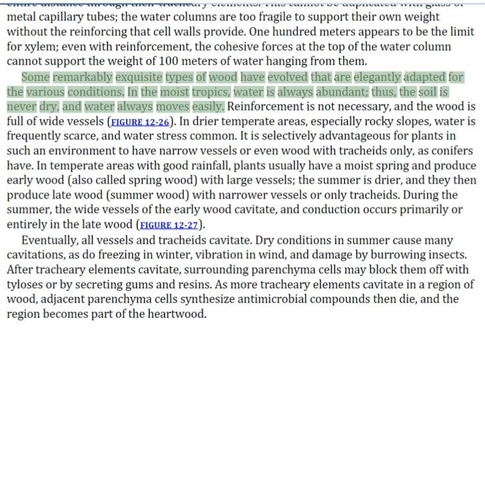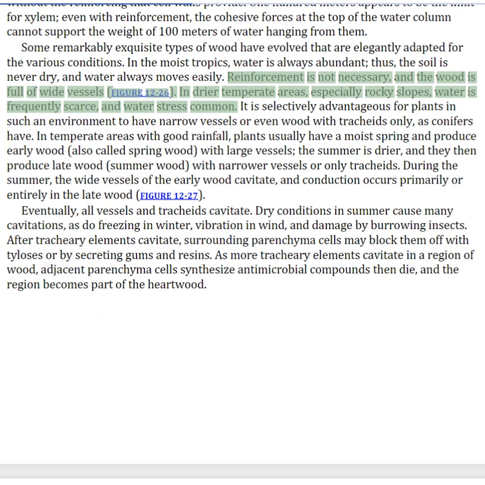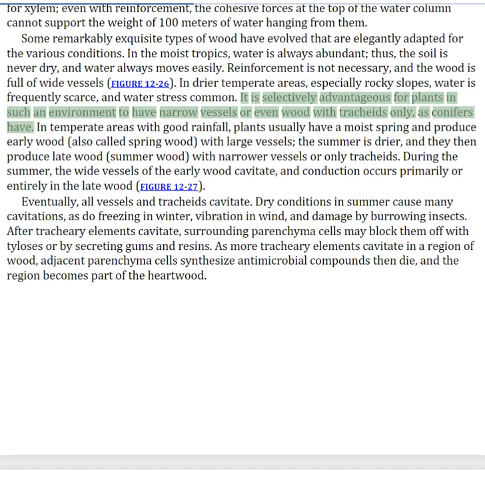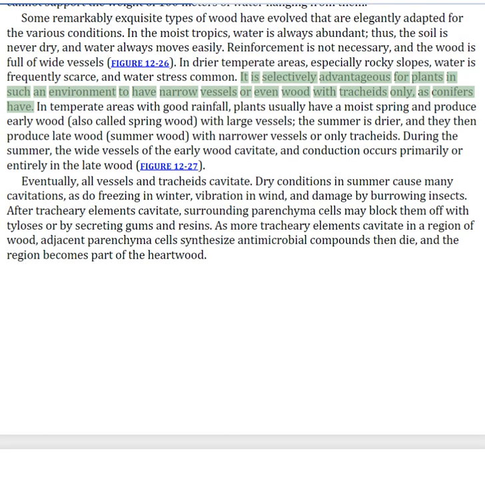In the moist tropics, water is always abundant, thus, the soil is never dry, and water always moves easily. Reinforcement is not necessary, and the wood is full of wide vessels. In drier temperate areas, especially rocky slopes, water is frequently scarce, and water stress common. It is selectively advantageous for plants in such an environment to have narrow vessels or even wood with tracheids only,